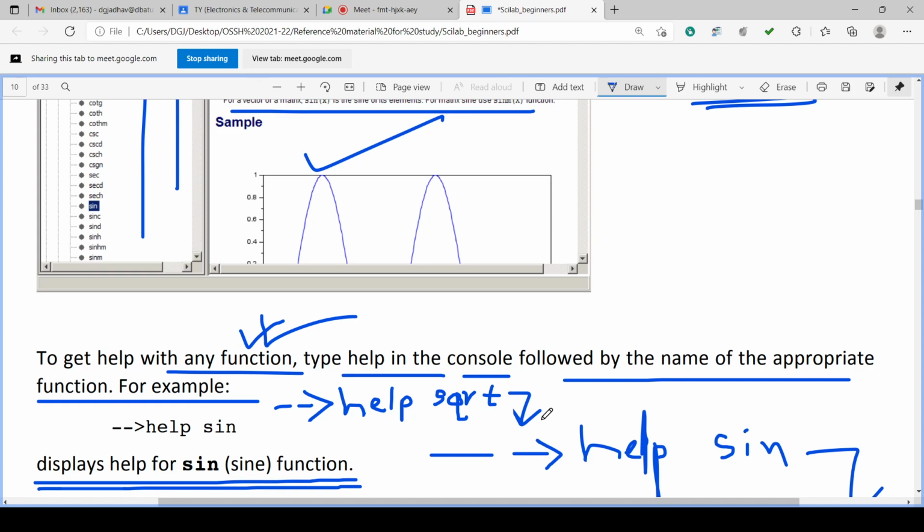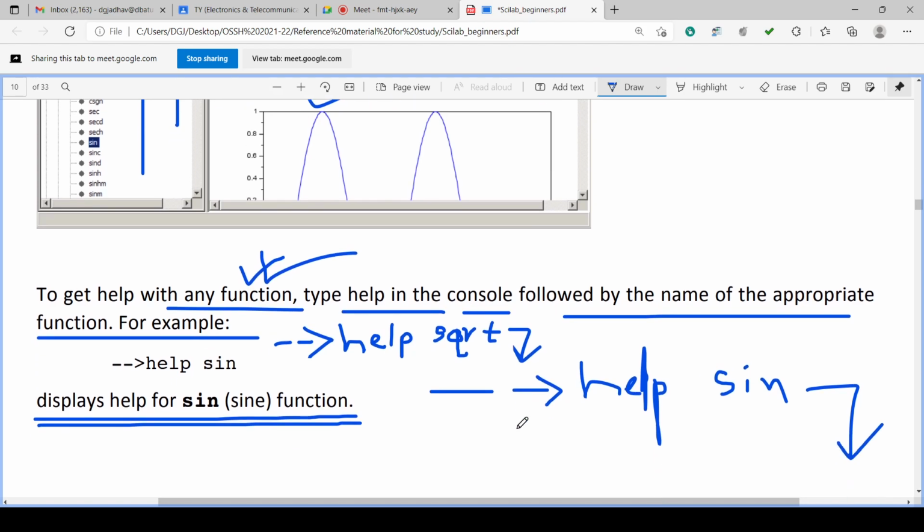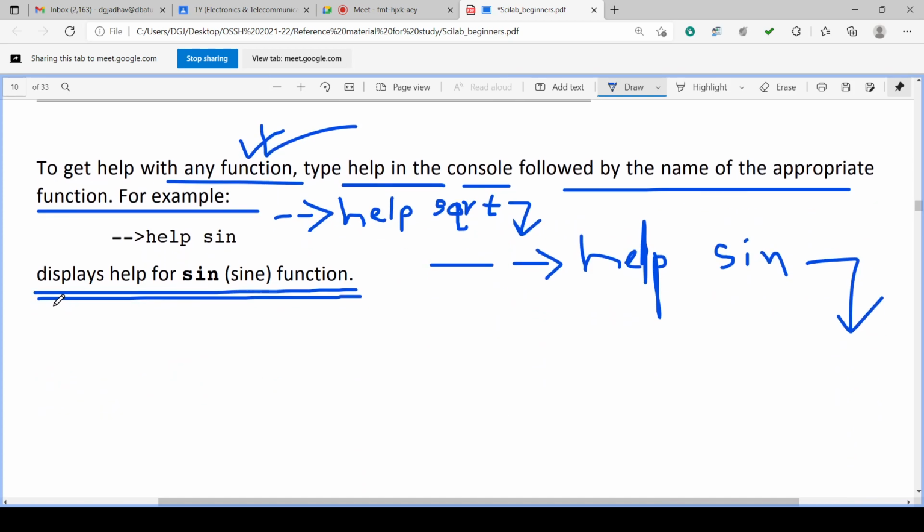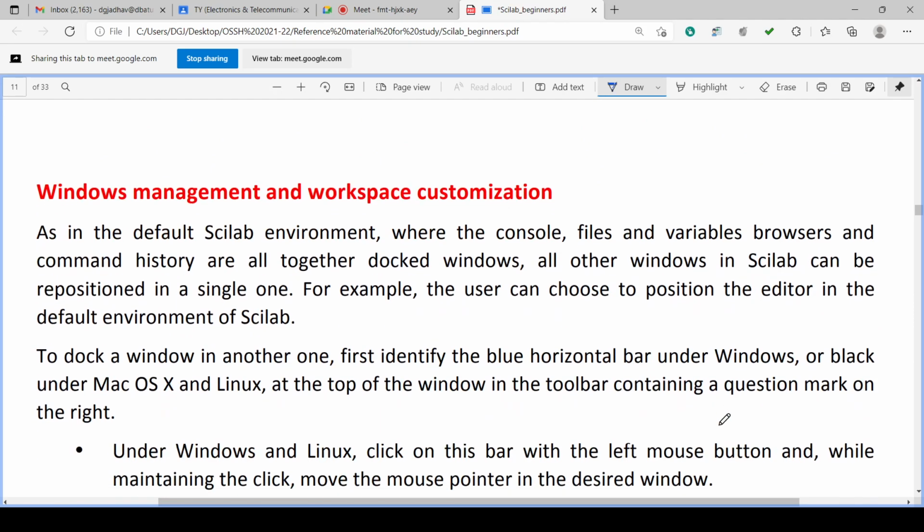You will directly get the help on that command. You need not search again. You will readily get it. So to display help for the sign function, at the prompt type help space sign and press enter. Okay, this is about the help command.